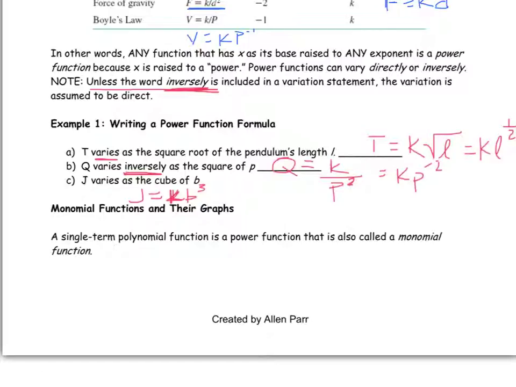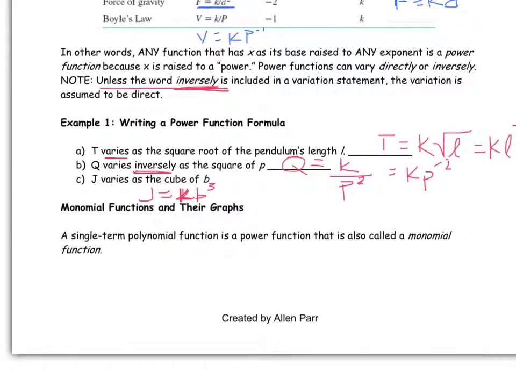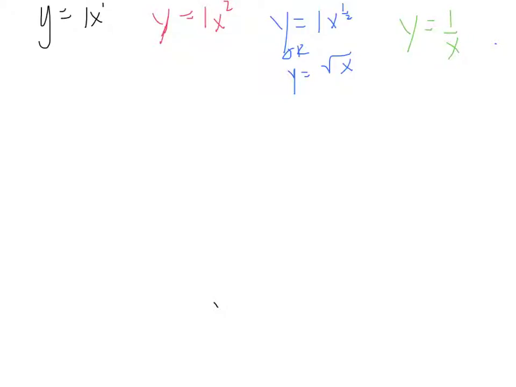So here it says the single-term polynomial function is a power function, is also called a monomial function. Okay, I used those words a little while ago. They're monomials, and we're going to actually, at some point, learn how to graph them. Okay, before I go on, I want to kind of quickly review with you 4 functions that we did in Algebra 2. One of them was linear function, which I did in black, and if I was to graph this